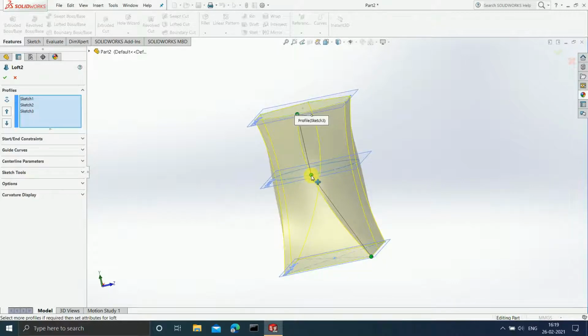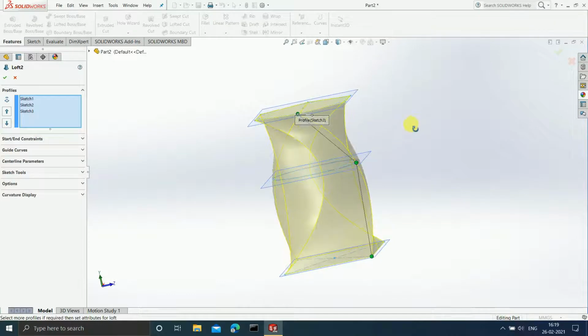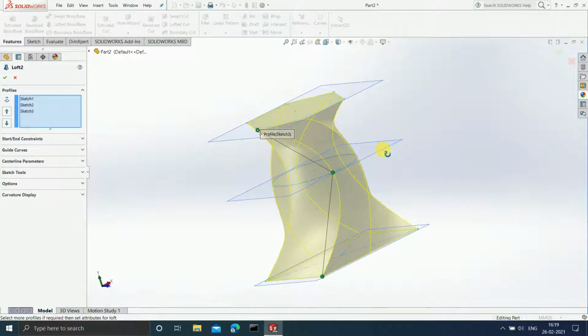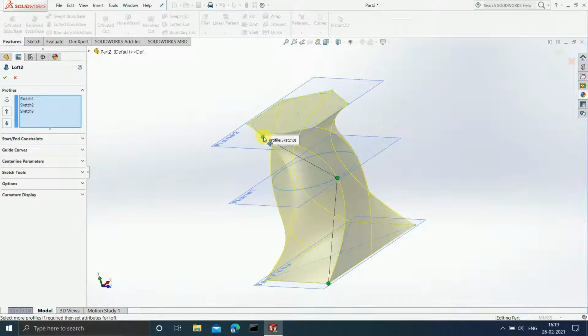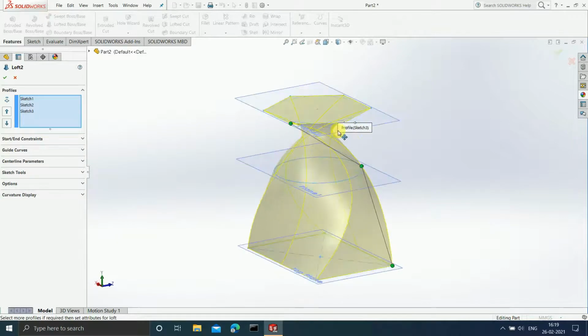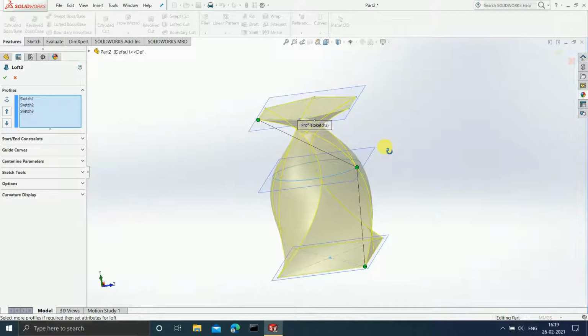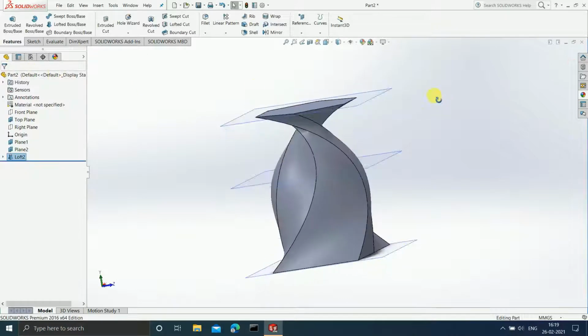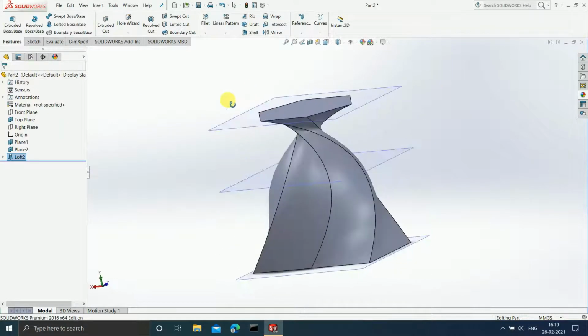What you have to do is just move those dots. So I select this particular dot and move it somewhat here. Now see, as soon as I moved it, it got twisted. Now I'm going to select this particular dot and shift it over here. As soon as I shifted it to this point, it got twisted more. So this is how you can twist according to your need. Now let's click on OK. See how your model is looking now?